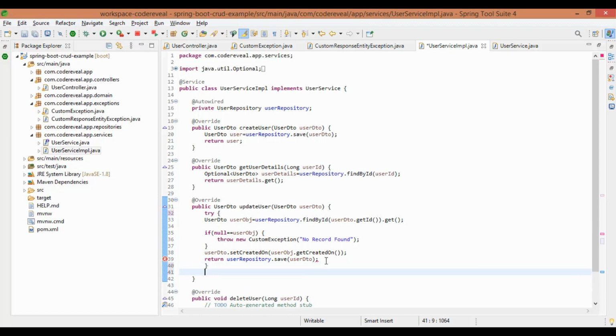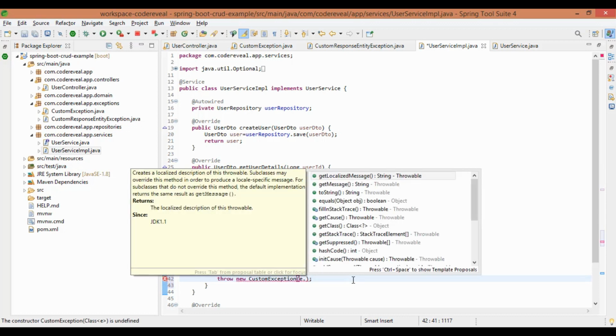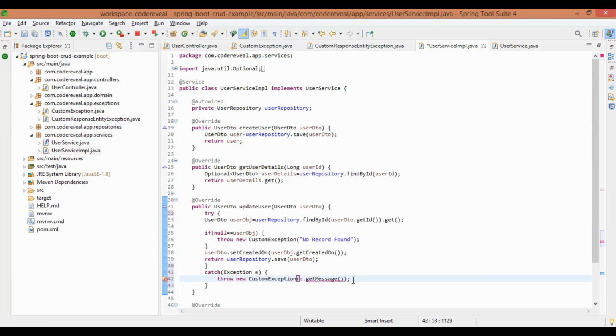If any exception comes, then we can throw a custom exception. Now let's restart the application.